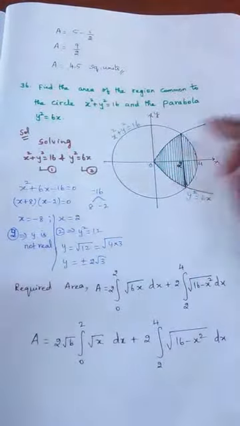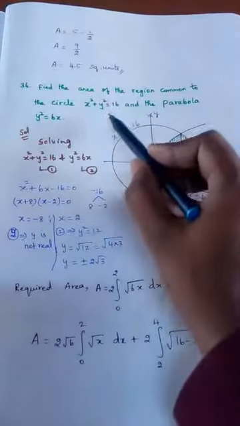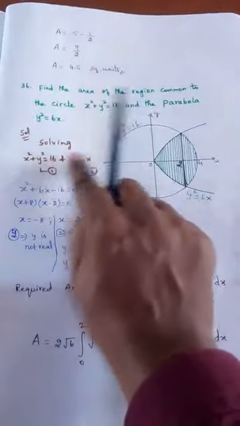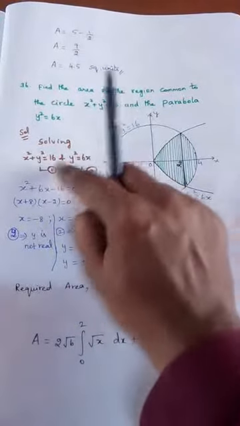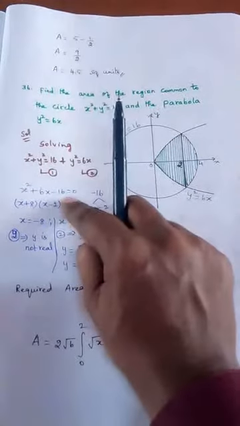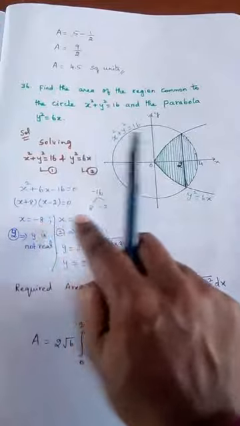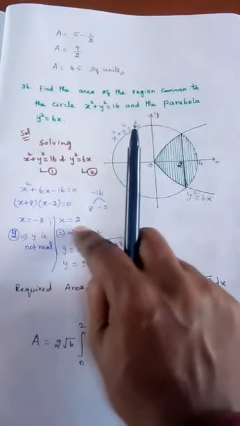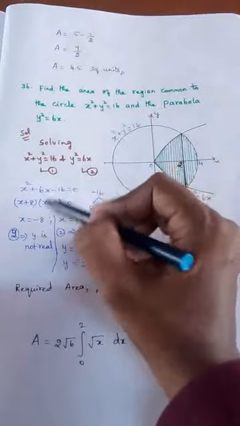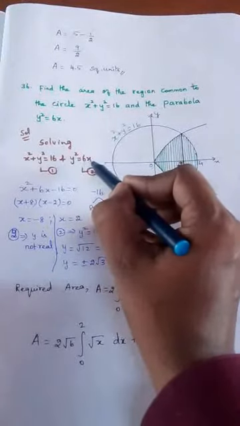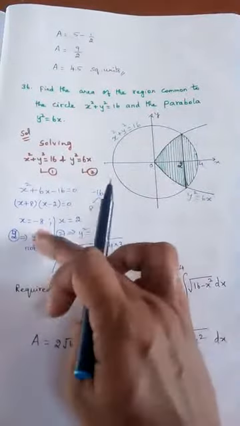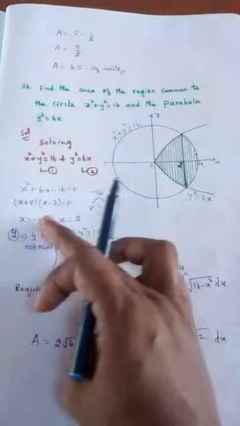Now how to calculate this area? Again, usually we will solve these two equations to find the points of intersection. We will do the same here. Take these two equations and solve. How to solve? Y square equal to 6x. Take that and substitute here. So you will get a quadratic, and then you will get two values for x. One is minus 8, the other one is 2. Substitute this in any one of the equations. If you substitute here, minus 48 will come. The root of minus 48 means it is not a real number, so we will not get a proper y value from here.